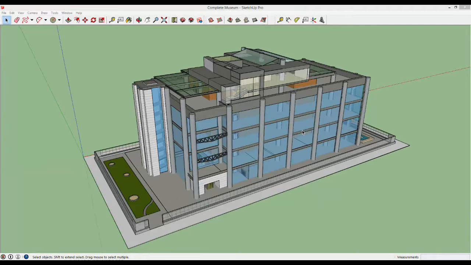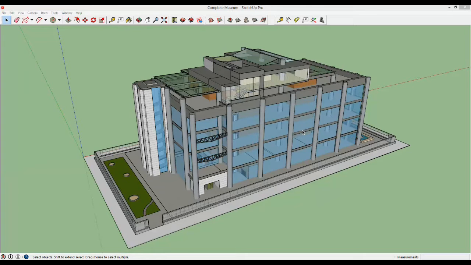Alright, for this course we're going to do a construction animation for an architectural type model. This is the museum that we're going to animate. But before we do that, I just want to bring in this museum in a complete model and show you how to texture and to place objects around this model before we jump into the full course, which is where